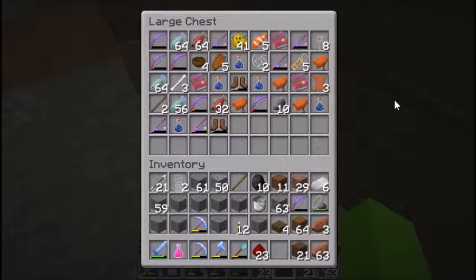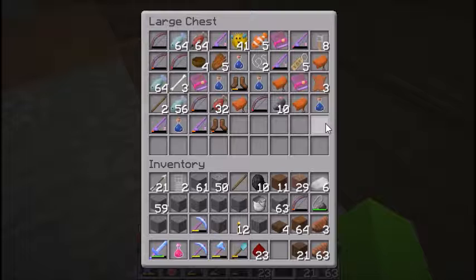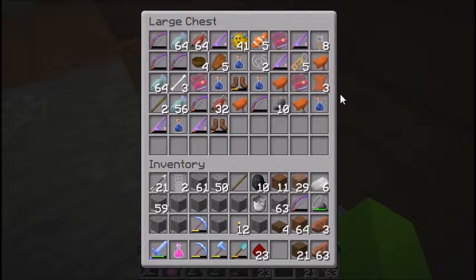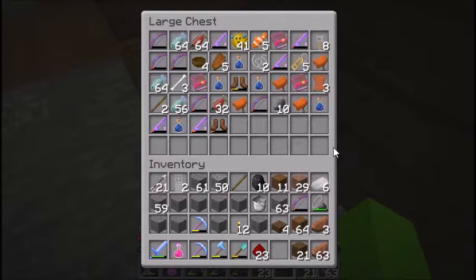Okay. So honestly, I have not seen this before. We have a ton of interesting things here. We have our normal fish and salmon. We have around 3 stacks of fish and exactly a stack and a half of salmon. We have a few leather boots and water bottles and leather and a bunch of other junky stuff. But look at this, we have 4 saddles, exactly enough